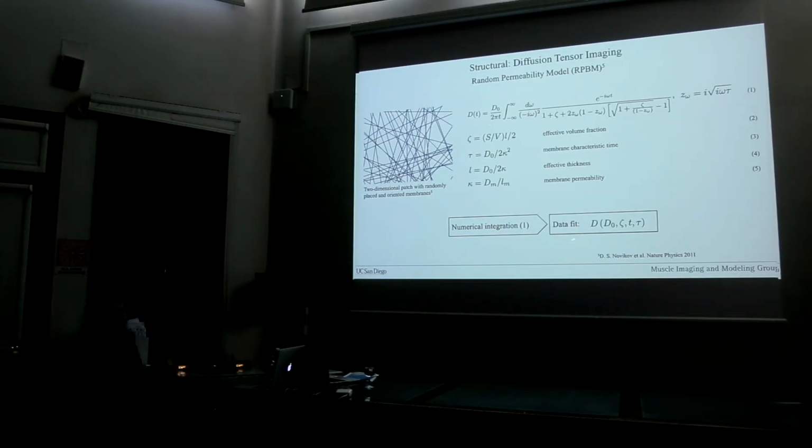You cannot measure a membrane permeability with MR directly, but from the diffusion experiments you can fit to the model and get membrane permeability. There's a membrane characteristic time and an effective volume fraction, which is also related to the diameter